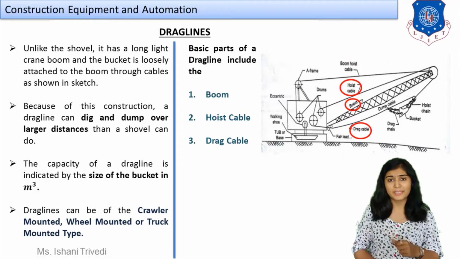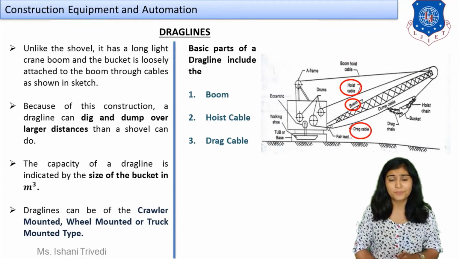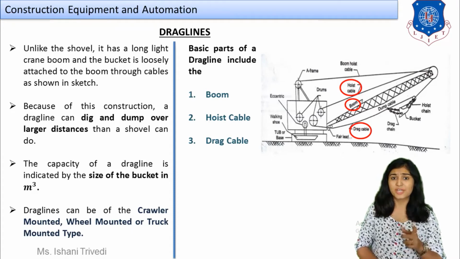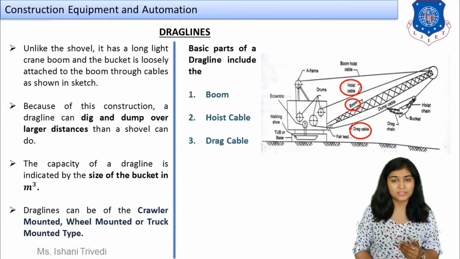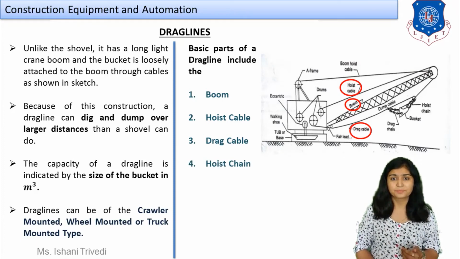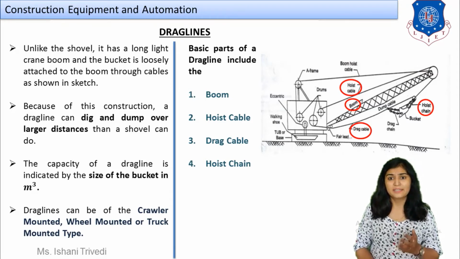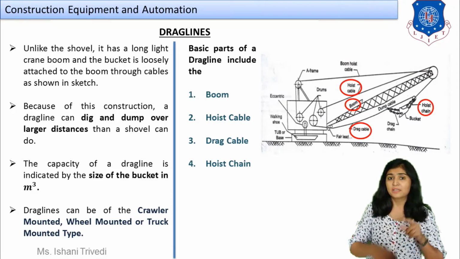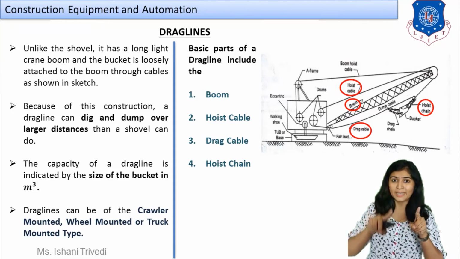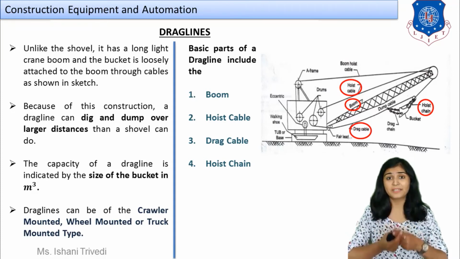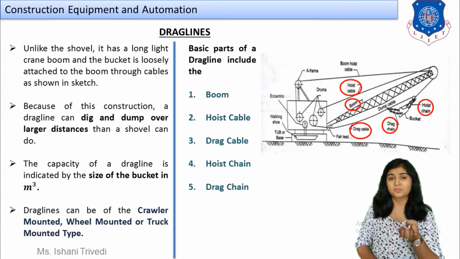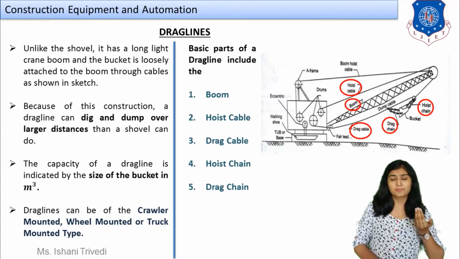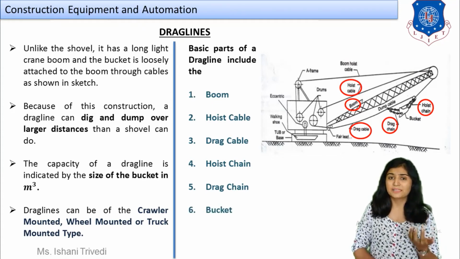Next we have is drag cable. Can you see it is highlighted in front of you? Yes, so the drag line. The drag cable, meaning when you are going to perform the dragging operation, it will be done with the help of the cable which is mounted with the bucket, that is your drag cable. Next we have is hoist chain. It is highlighted again in front of you. Hoist chain will be connected to the hoist line for suspending the bucket, that is your hoist chain. And next you have is drag chain. It will be attached with the drag cable so that you can perform the dragging operation. And the last is the bucket.